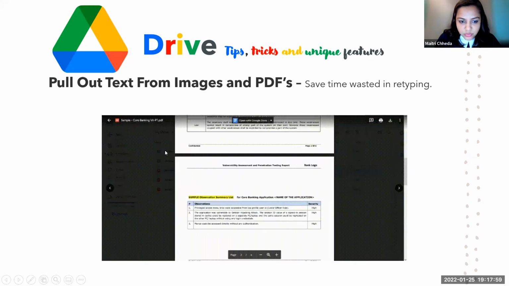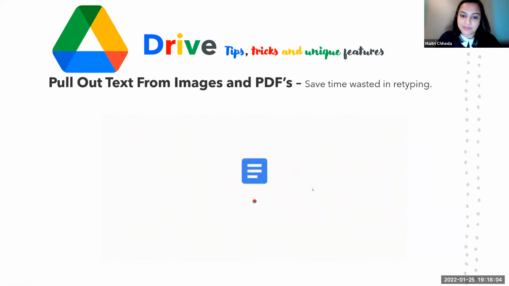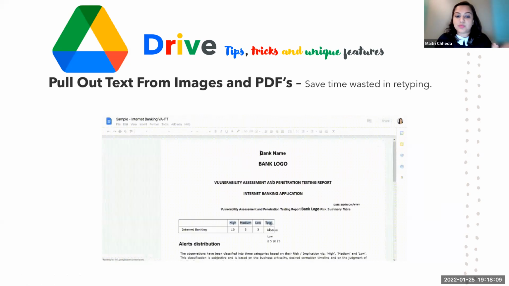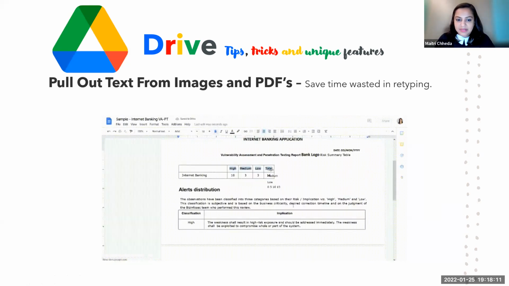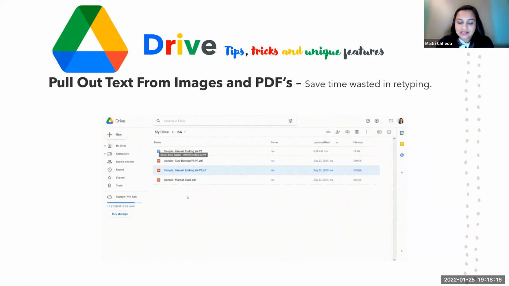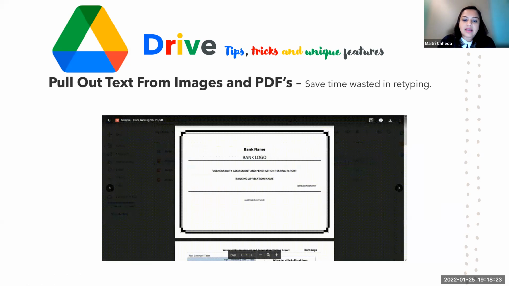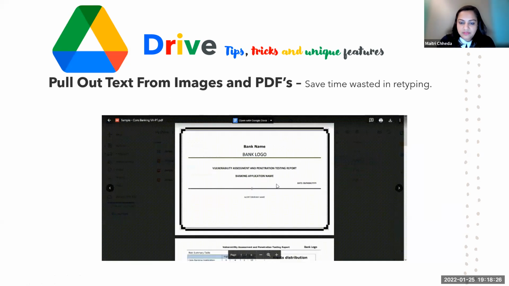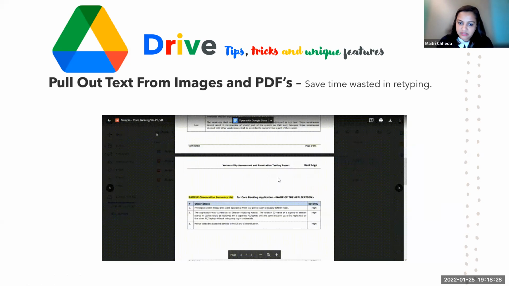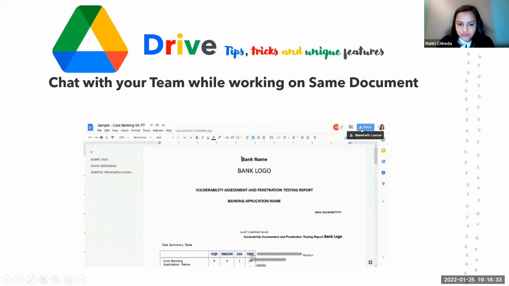Okay, and you see there are two Google Doc files done. Isn't that amazing? And this will happen with the image also, provided the image has some text in it. So if somebody has just taken a photo and the wording is a little bit clear, you can directly open it with Google Docs, and Google will do the OCR for you, and that's it. You'll get a Word file converted. See, as easy and as simple as that. Isn't this useful?